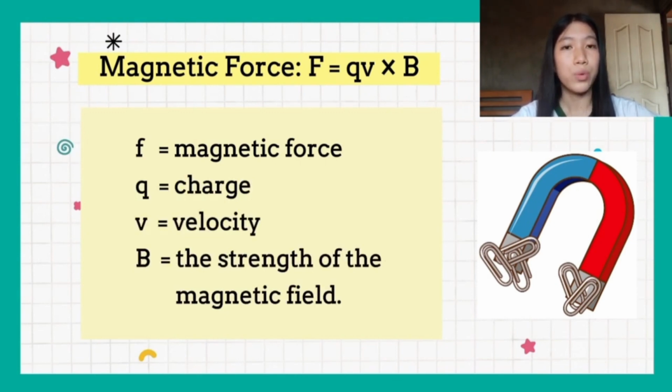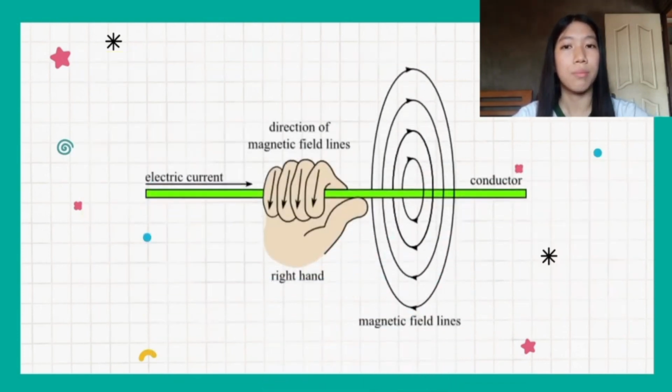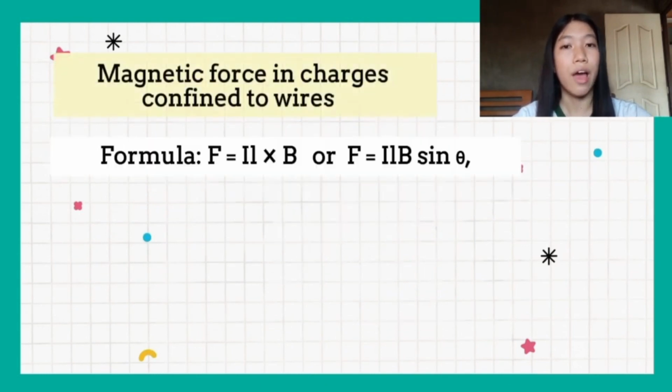In this formula, we can observe that force is proportional to Q, V, and B. Charges confined to wires can also experience a force in a magnetic field. A current in a magnetic field experiences a force given by the equation F equals I times L